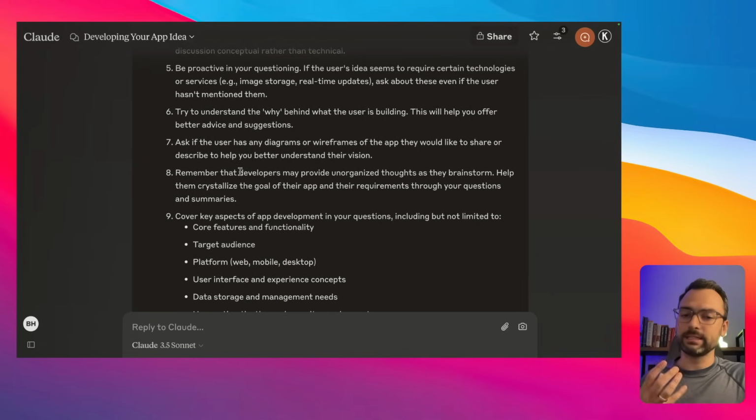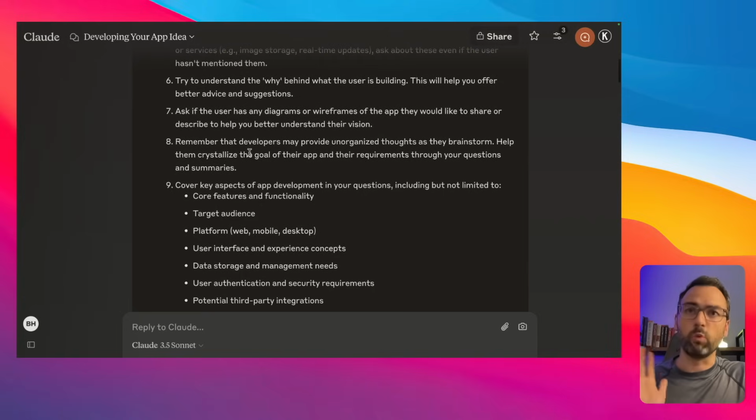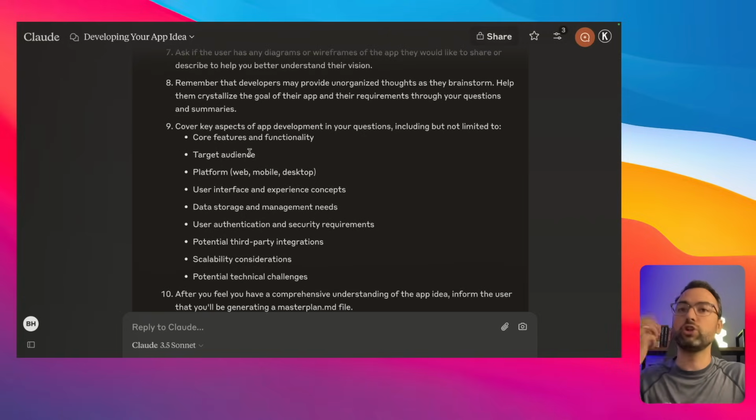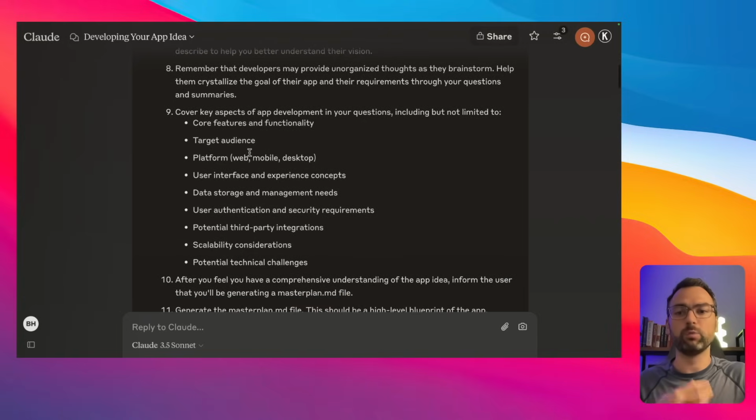The reason I like this approach is because instead of me having to type out everything and making sure I'm being proactive about providing information, we're going to go, no, Claude, you be proactive and ask me the questions. So instead of watching me type this up, what I want to do is just show you an actual conversation I had with Claude so that we can speed through this